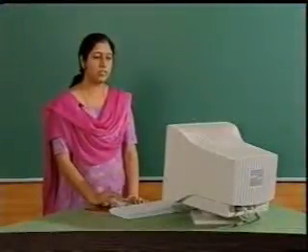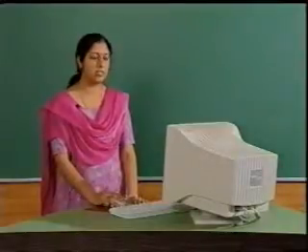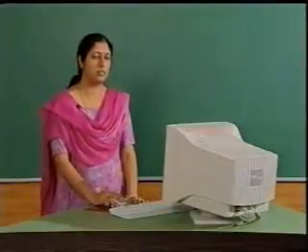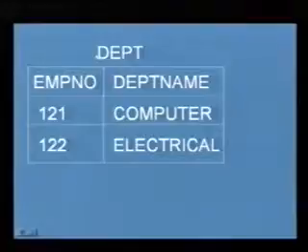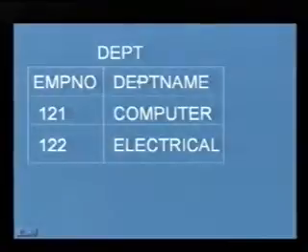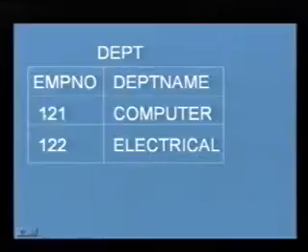Let us consider that we have another relation, the department relation, named DEPT. It contains the attributes EMP-NO and department name, and it depicts that the employee number 121 belongs to the computer science department and employee number 122 belongs to the electrical department. Now,